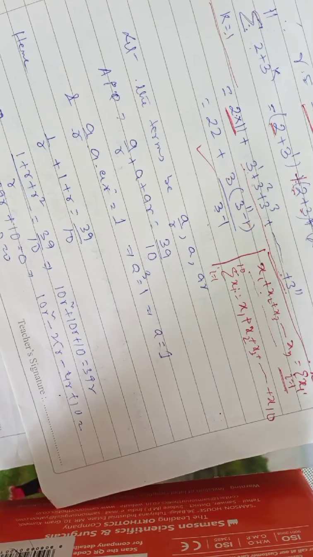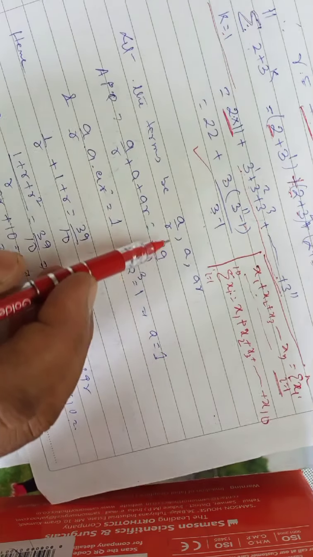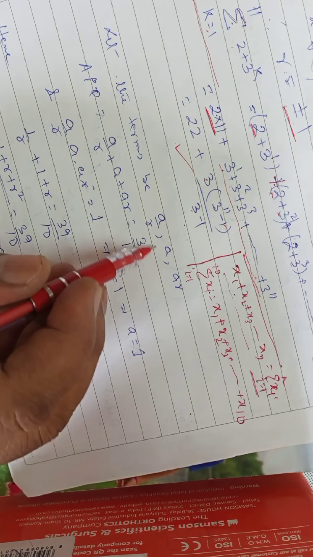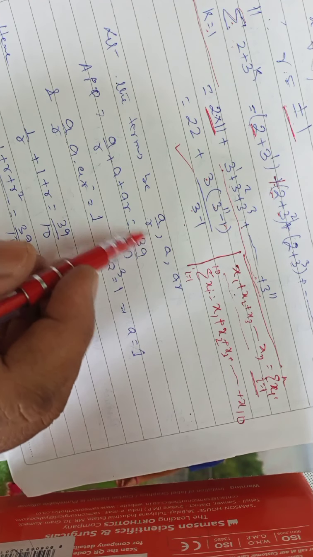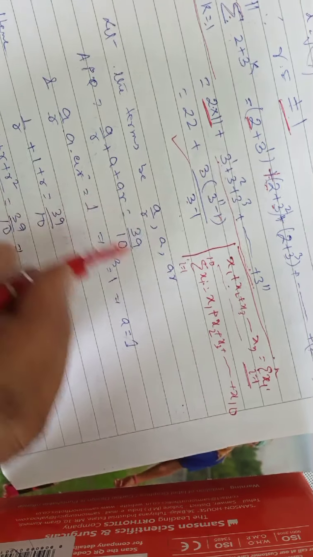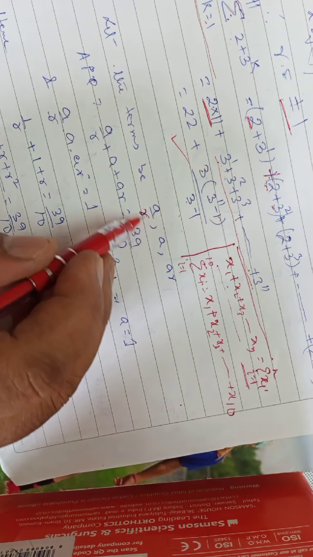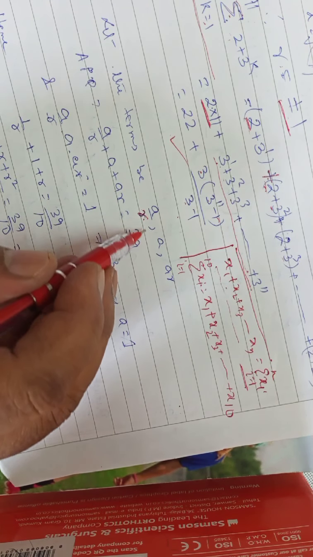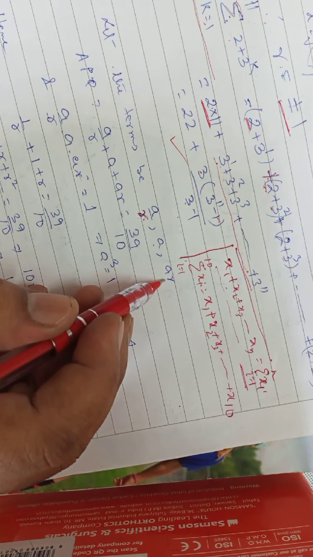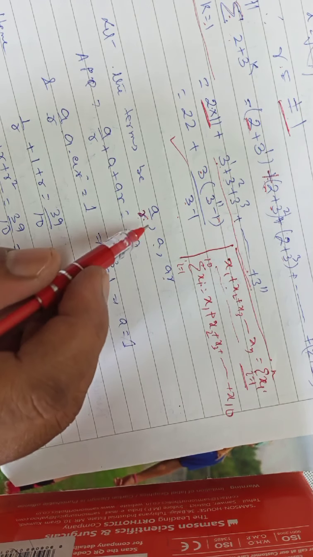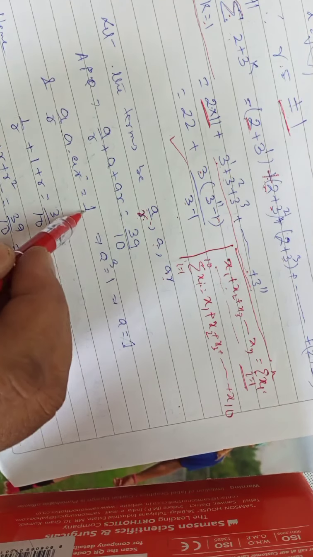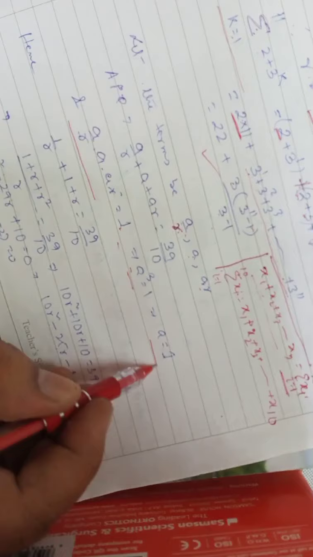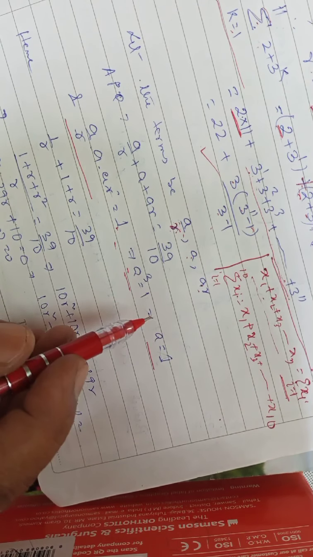Now question number 12. Given the sum and product of three terms of a GP. So here the product is given, we will take advantage of this. We write the terms as A by R, A and AR. Why? If we multiply these terms, we get 1 for the R part, and we get the value of A. That advantage we will get.